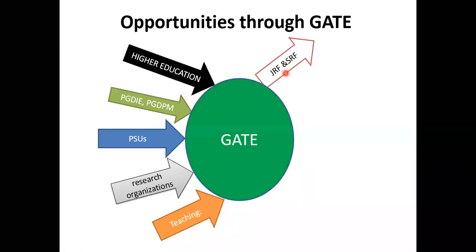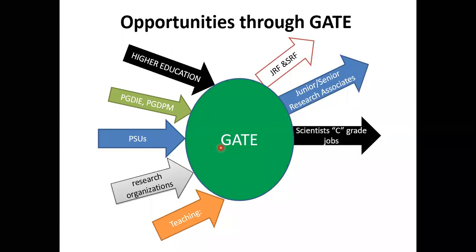That is nothing but JRF and SRF. JRF and SRF mean Junior Research Fellow and Senior Research Fellow. For this one also, mainly we have this type of fellowship in ISRO, DRDO, IITs, and some private institutions also, like Tata, Reliance. So in research institutions, we have JRF posts and at the same time SRF posts. And for this one also, we need a GATE score. And next one is Junior and Senior Research Associates. This is also somewhat similar to your JRF and SRF. For this one also, we need a GATE score.